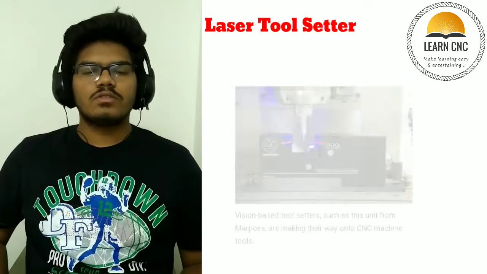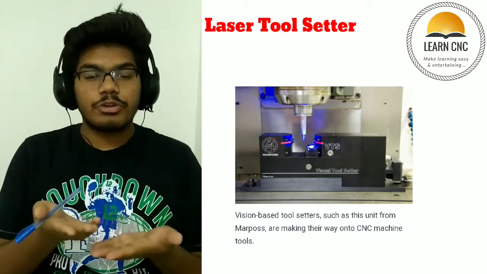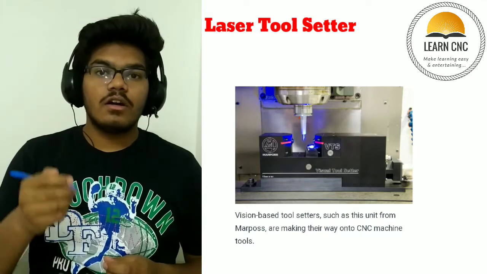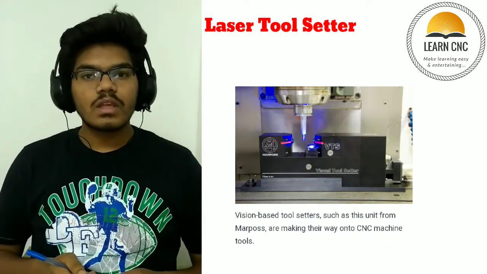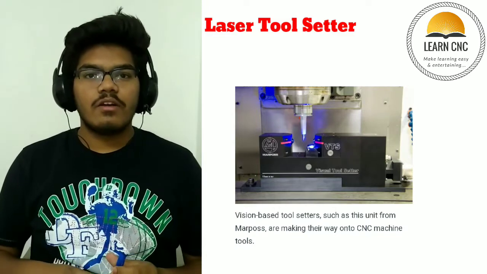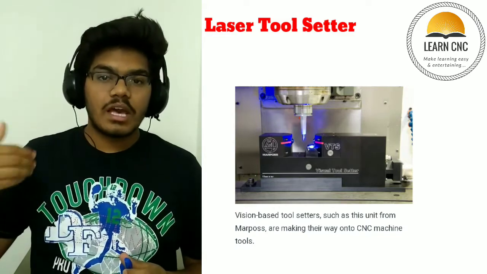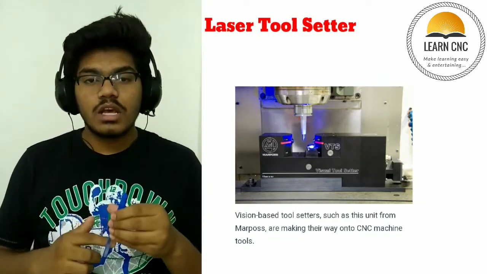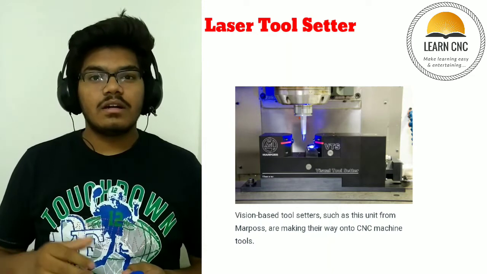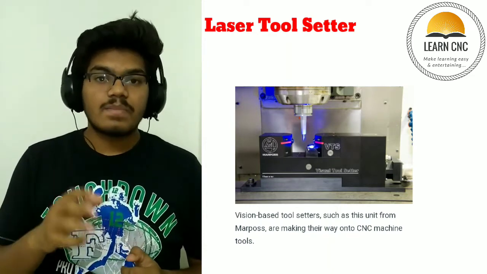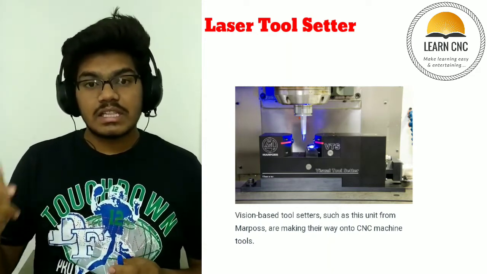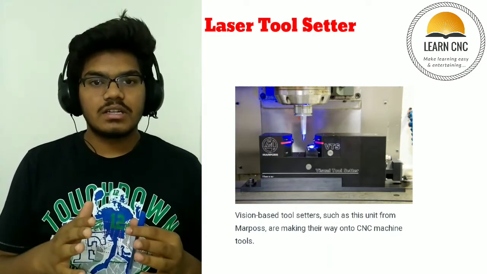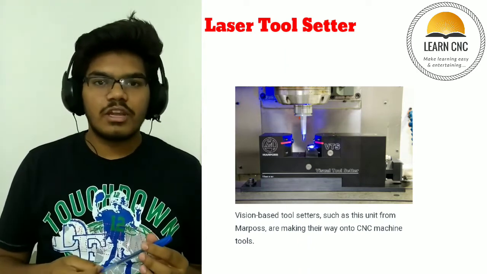Laser tool setup. This system is mounted on the table of a CNC machining center and also detects breakage failure of the tool. It is a simple system where the laser beam is emitted to a receiver. This laser beam is interrupted by the tool in a normal condition, and the XYZ coordinates are recorded. And when this laser beam reaches the receiver, it is considered that there is a breakage or failure in the tool.